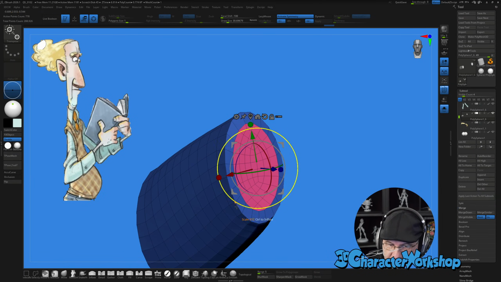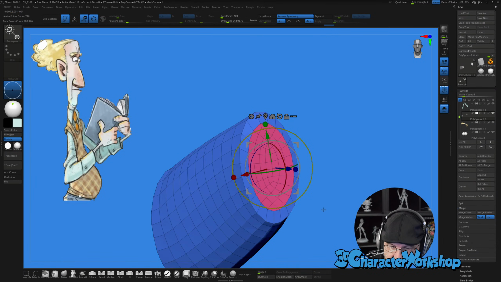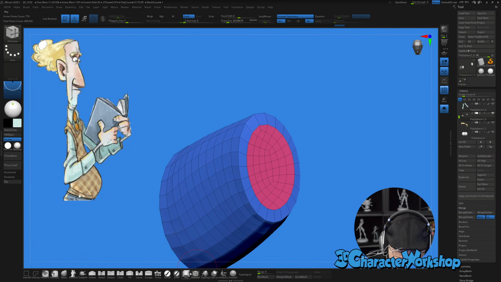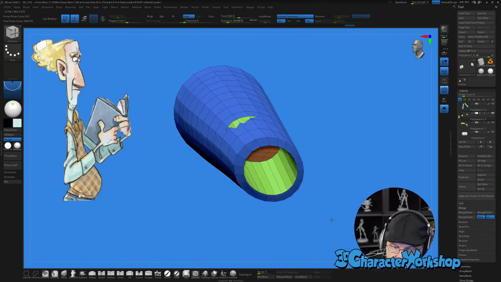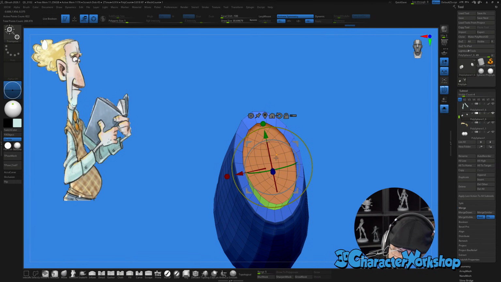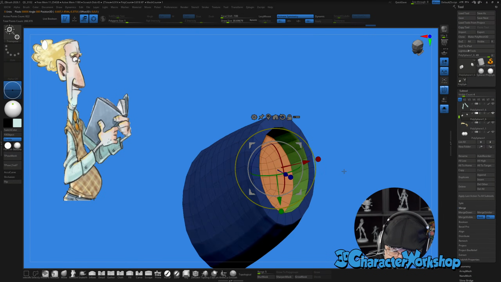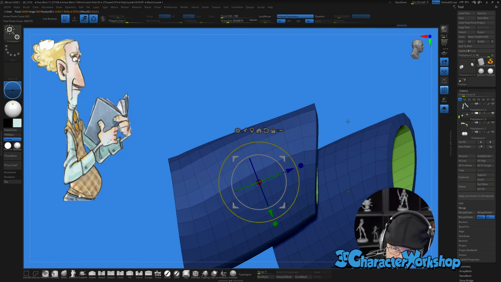Okay, so this is going to become my sleeve border, but it still has a cap on it, right? So now I can clear this mask, and then I can grab the Z modeler again. I still have it, and then do an extrude polygroup all, which it's already set to, and just push that in as far as I want. It's coming out the other side, but now I can mask this group off, put it into place where I want it. I'm doing it blind, but I want to turn it, bring it in here, and scale it down like a taper.